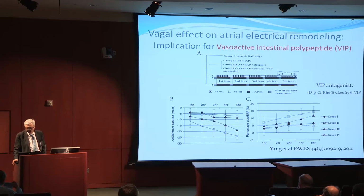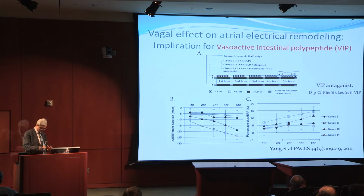The first project that raised our awareness of its importance in atrial arrhythmia looked at the vagal effect on electrical remodeling. At that time there was positive data on enhanced vagal activity and electrical remodeling. So we did a very simple project, simply duplicating what people had been doing, with rapid pacing and looking at the ERP changes over time. To our surprise,